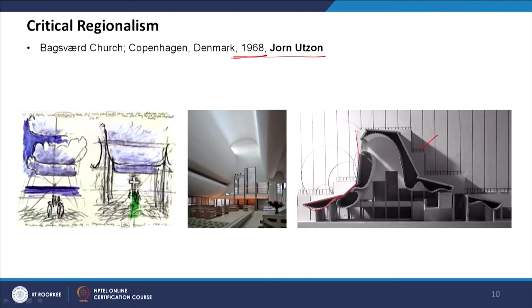So there was an example which was designed by Jan Hudson, that is also of a similar concept. I did not discuss this design in detail. This is also a church in Copenhagen. From outside this is a rectilinear building. If you look at the exterior, it will be like this. So this is the sectional model, and within this building these kinds of elements are created.